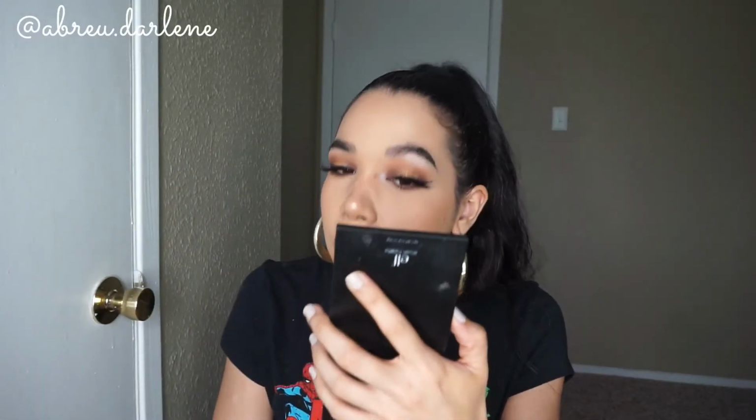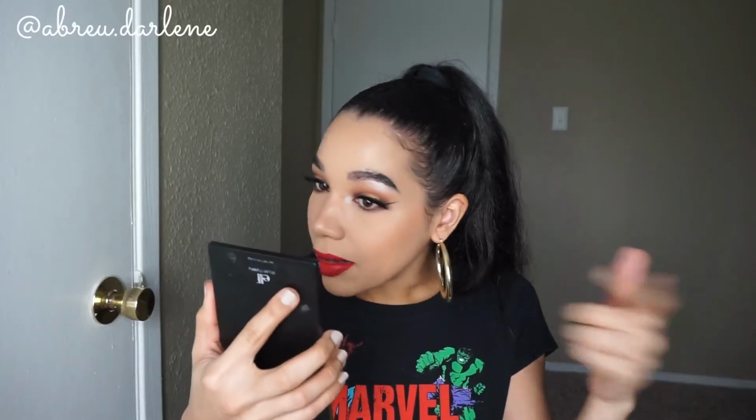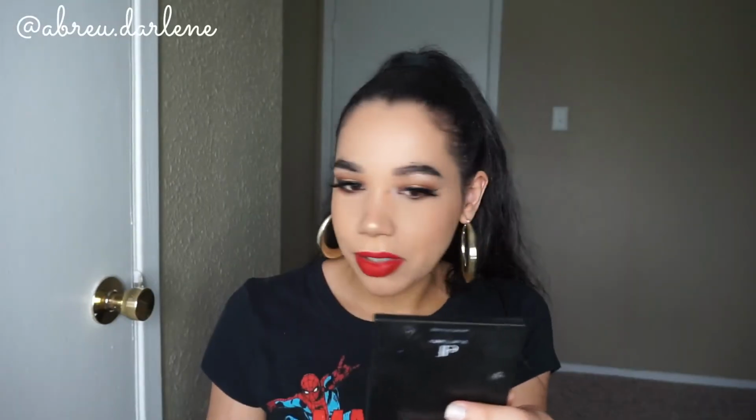Oh! Huh. I have had brown eyeshadow there the whole entire time. Whoa. I thought that I was gonna look like crap. I have no mirror to do this. And yeah, I have brown eyeshadow right there that looks like straight up caca. And something weird going on. And let's just not talk about this eyeliner right here. Brows, well